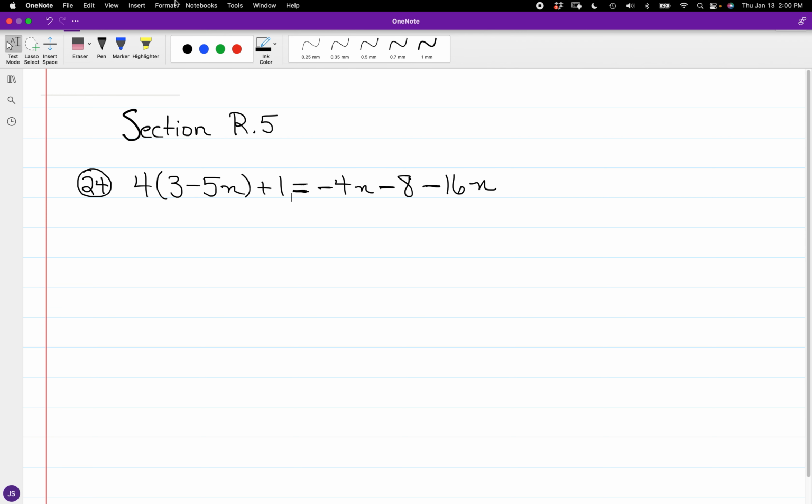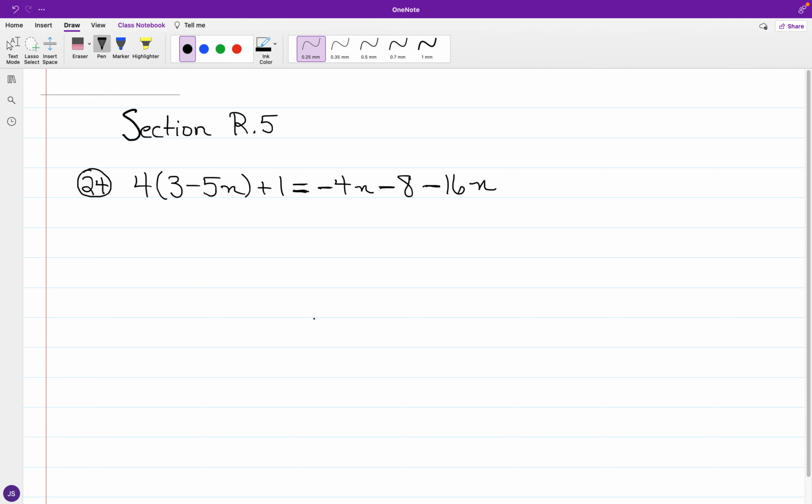Good afternoon. Just picking up where we have left off, making the transition from working with just algebraic expressions to working with algebraic equations. And again, the other day we looked into categories of equations, and among those we had conditionals, contradictions, as well as identities. And just for what we have in section R5, just looking at identifying whether we have a